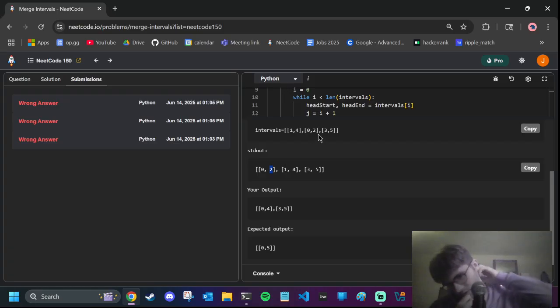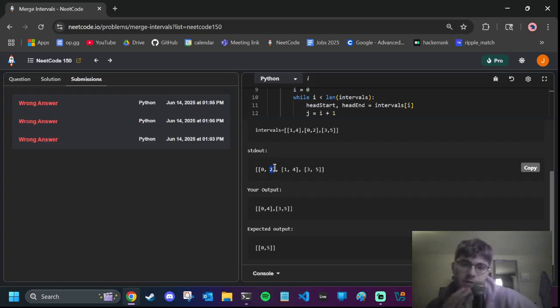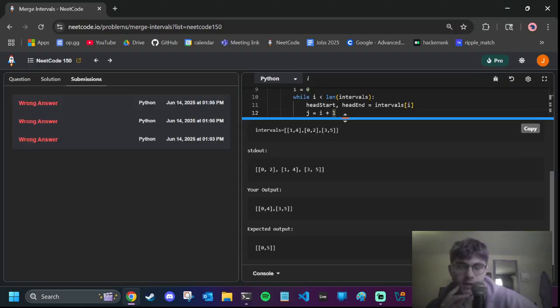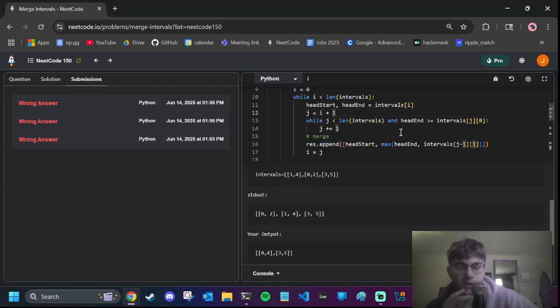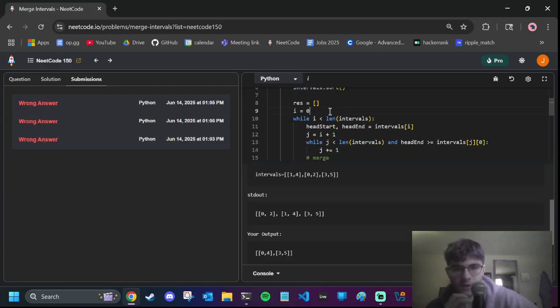So yeah, I'm only looking at 2. But the problem is, once these two merge, now the rightmost endpoint is actually 4. So instead of checking, okay. And I think this might solve this other problem too. So if we have